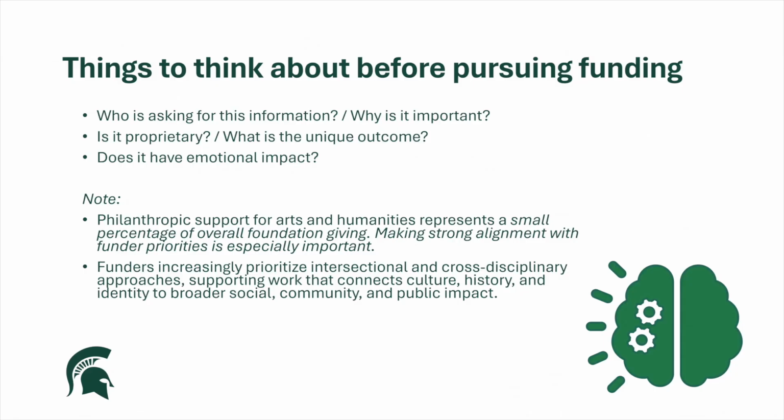I've noted down just a couple extra notes down there about the gap that there is in overall funding for the arts and humanities. It's not the smallest sector of funding, but it certainly is not the largest sector of funding. Health sciences are the largest funded area in philanthropy. Next are puppies and kittens. Third, children. Arts and humanities come down after that.